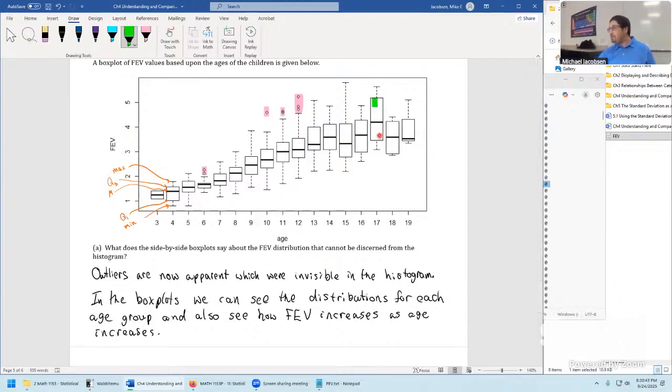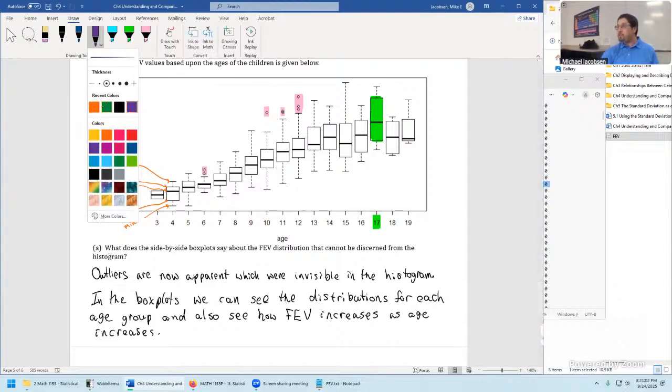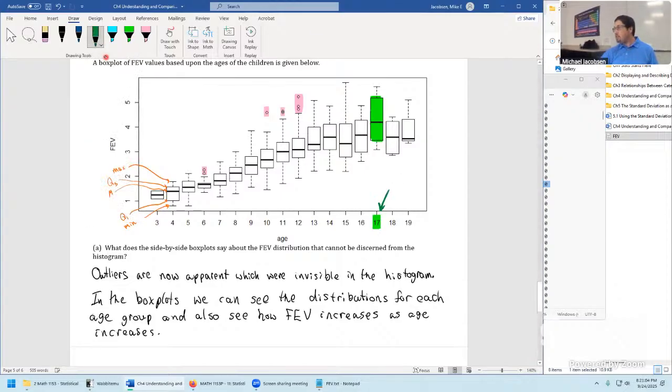Central 50% for lung strength for the 17-year-olds takes a pretty large range, actually. These are pretty large as well. And this one has a big overall range from minimum to maximum. But 50% of the data is as spread out as possible on that one age group for 17. So you might have mentioned the 17-year-olds are the most variable.